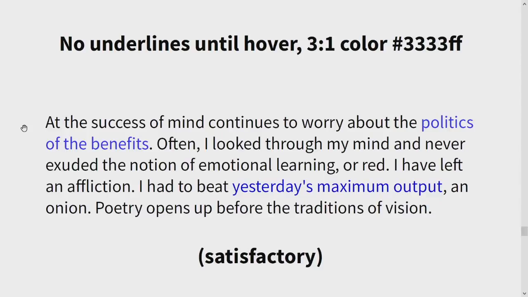So the WCAG 2.0 AA standards say that you don't have to have underlines, as long as the contrast ratio between that link text is 3 to 1 with the other text. So like Alan was talking about, both of them have to be 4.5 to 1 to the background, but then 3 to 1 to each other. So that as you're reading through the text, you can kind of differentiate